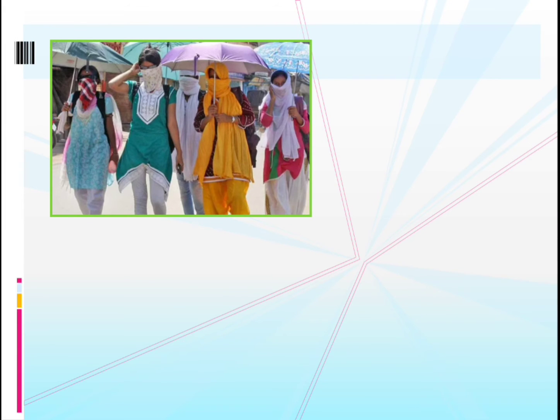and we wear light cotton clothes, isn't it? And also, we wear caps, and we use umbrellas so that we can protect our head, our eyes, and our face from the heat of the sun. And also, we drink a lot of water, because we get dehydrated because of the heat of the sun. To maintain that, you drink a lot of water, you eat fruits like watermelon, and in the afternoon we prefer to be at home.